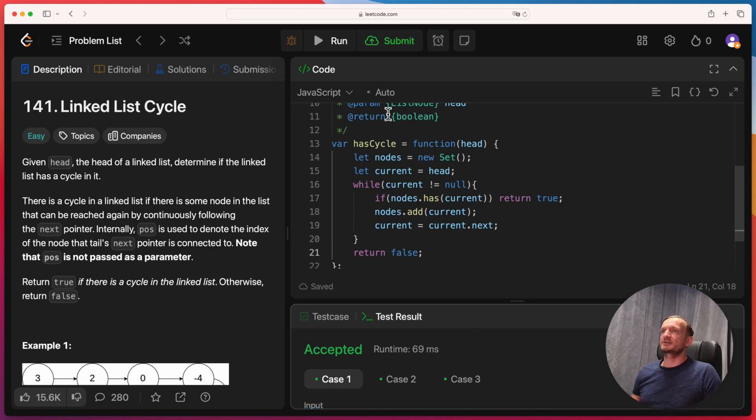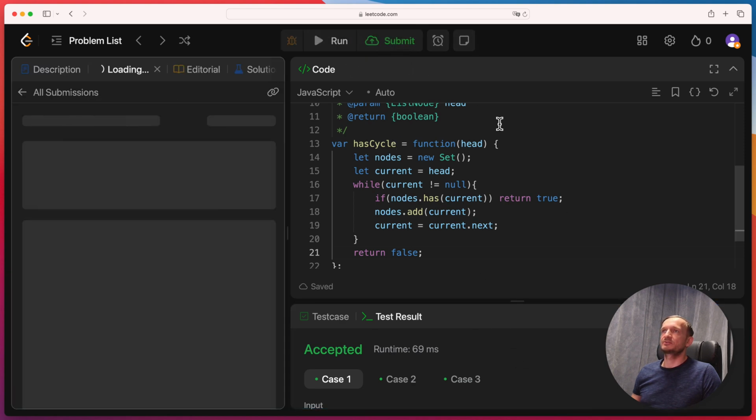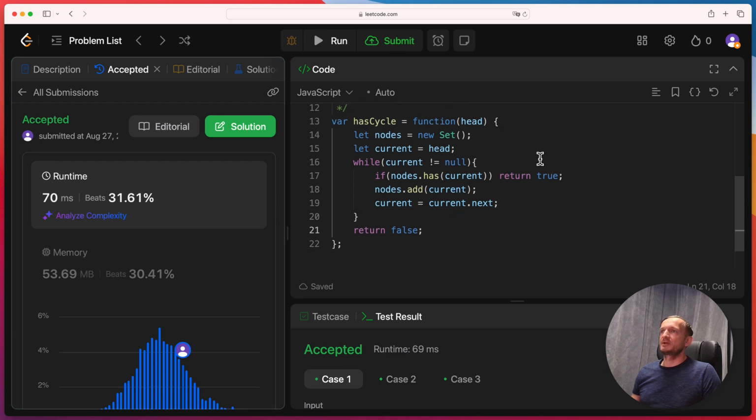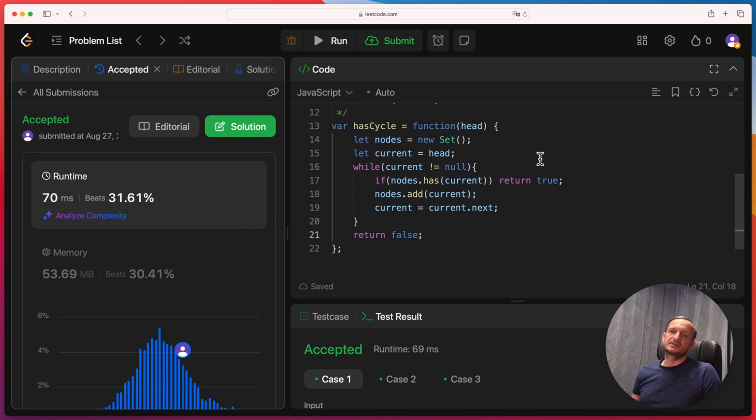Okay, 3 are accepted, and let's run the whole suite. Yeah, and we are accepted as well. So that will be one of the